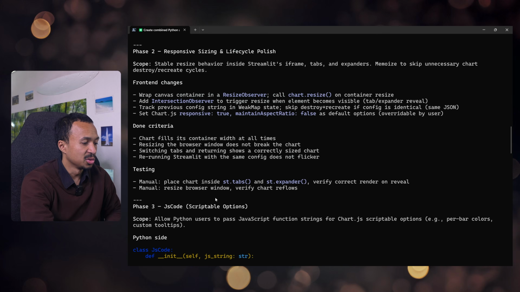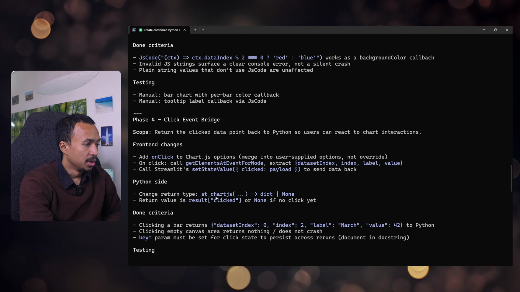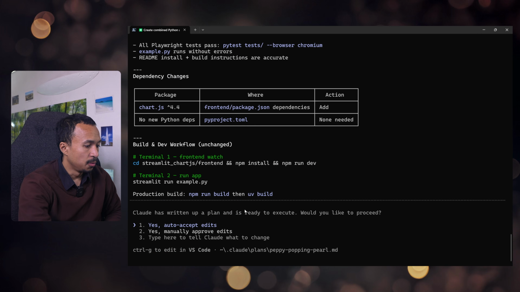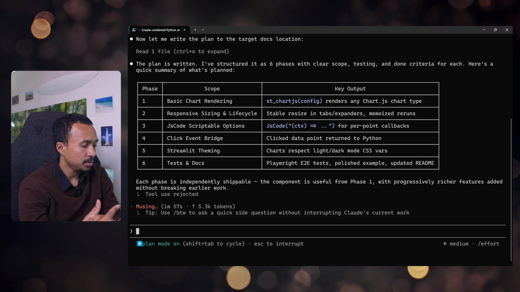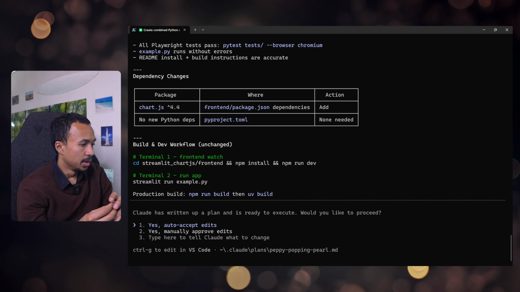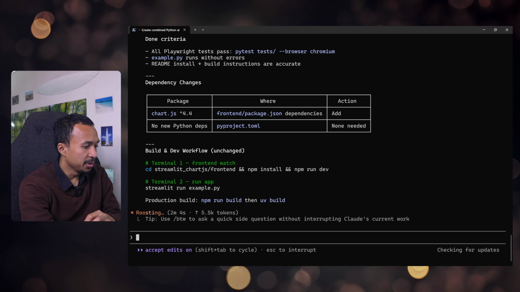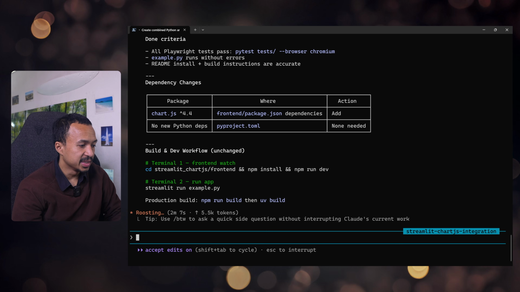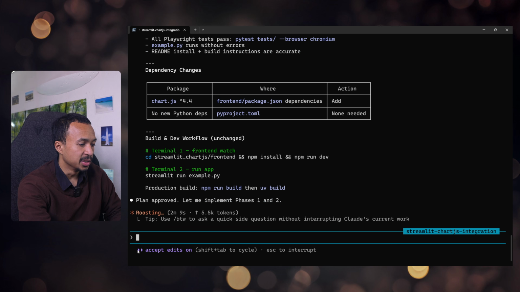So actually, let's also do the second one. Wait, let's type what to tell Claude what to change. Only implement option 1 and 2. Keep the others for another time. And yeah, there you go. And now I think we can auto accept edits. And now it went into